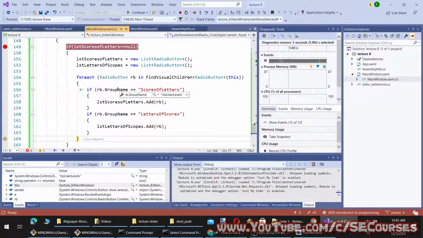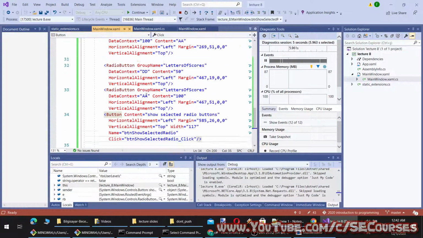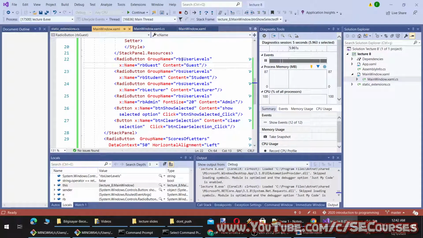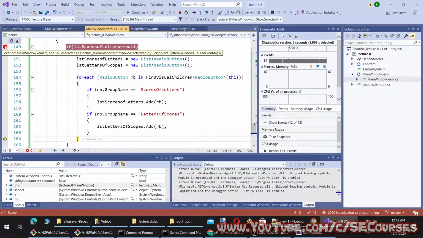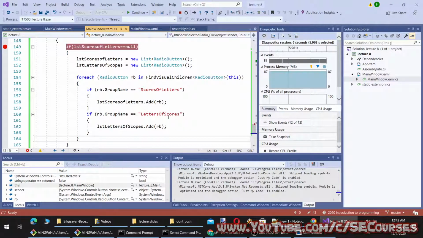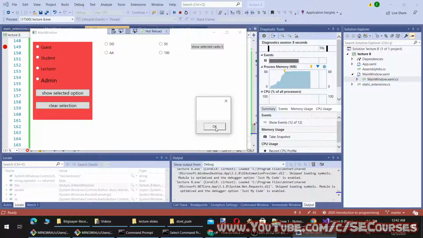You see the first iterated radio button is RBS user levels, which is this group we have defined here. So you see it is starting from here and continuing, and it will add all of them to the list. So you see it did print empty because none of them is chosen.